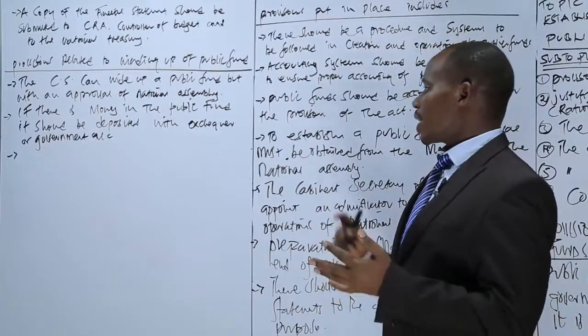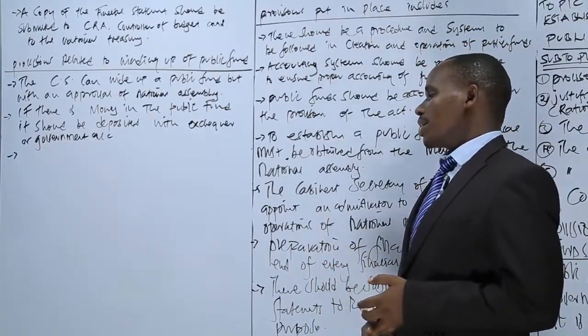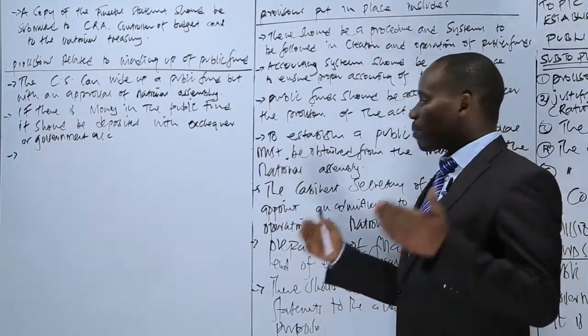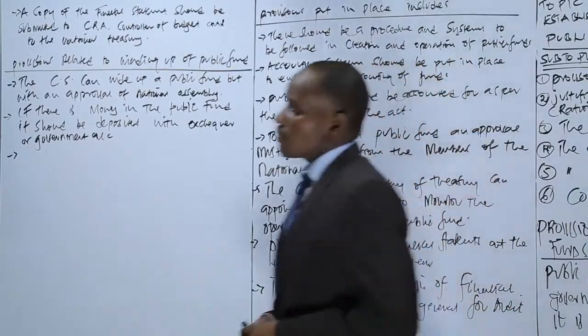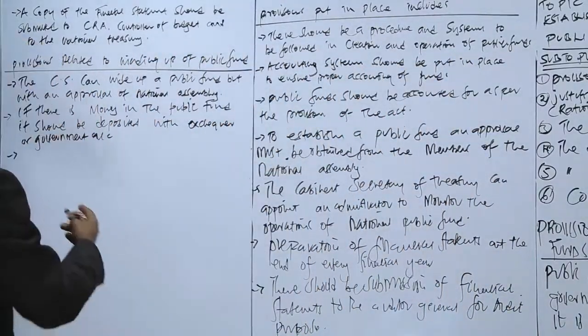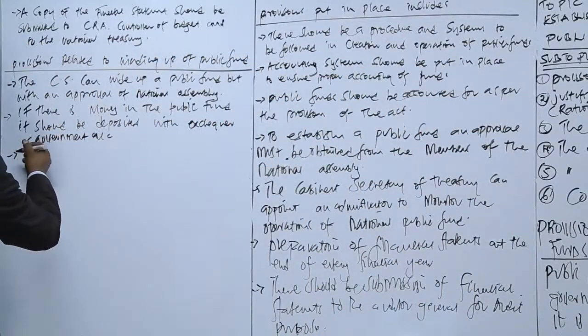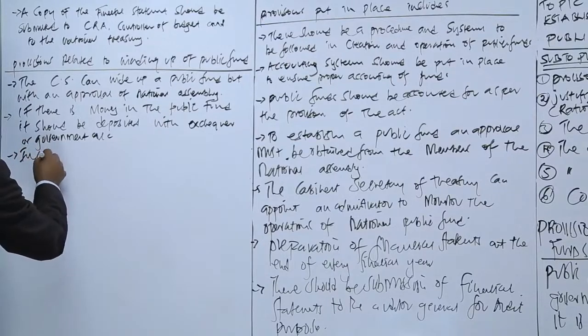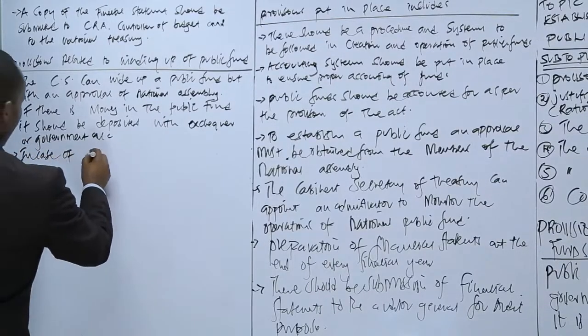So if there is arrears or deficit, then they can be paid, but approval needs to be obtained from the National Assembly. So the Constitution provides that in case of a deficit,